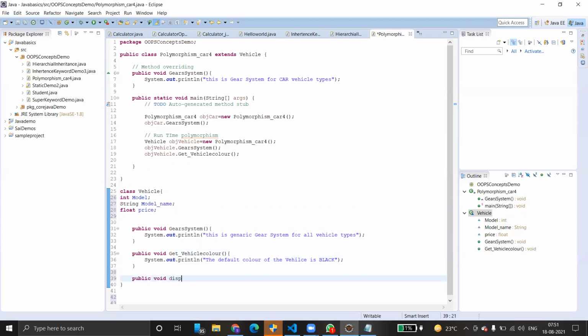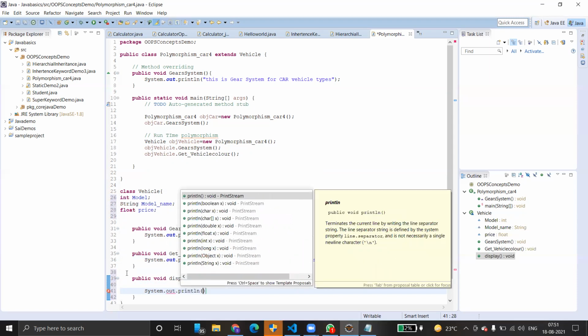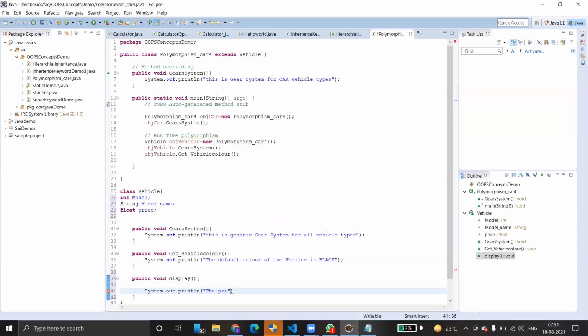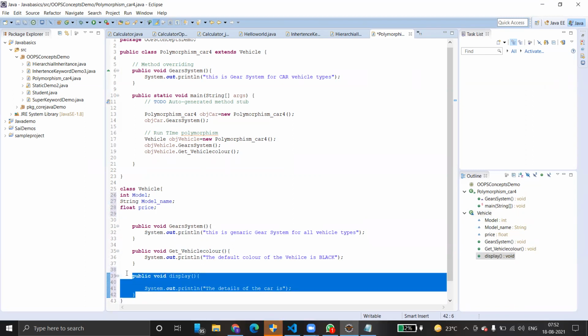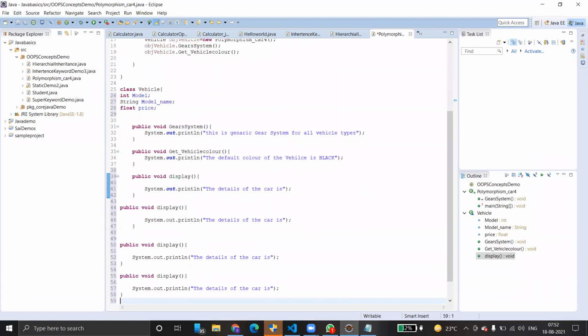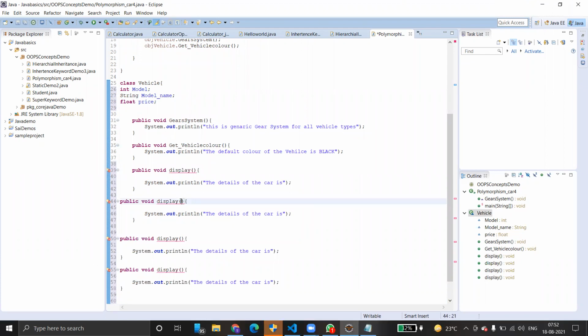Click or display. Details of the car. I'm declaring the same here. Integer model number.